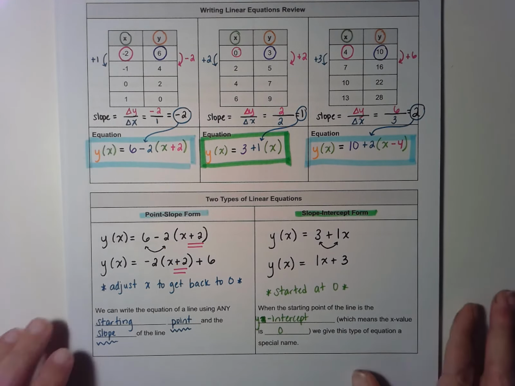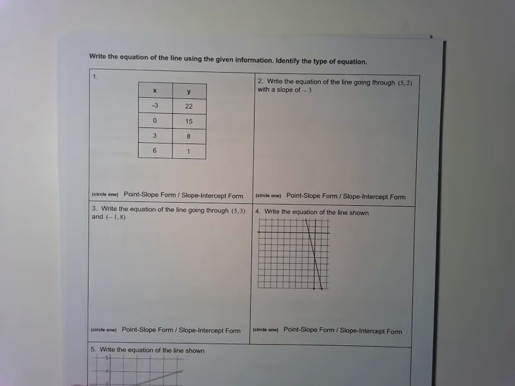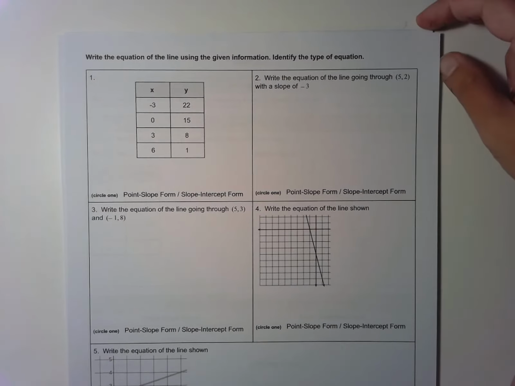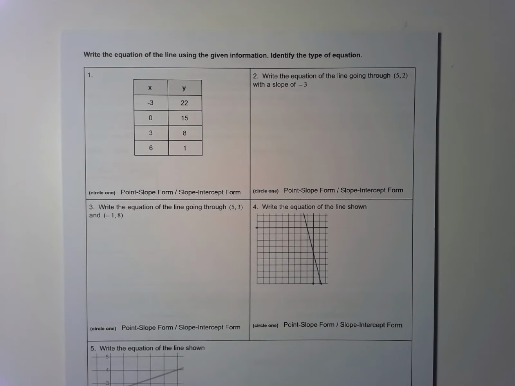Now, let's go ahead and try some problems. What we're going to do for each of these problems is write the equation and then identify whether that equation is point-slope form or slope-intercept form. So once you've got your equation, we're going to determine the name of that equation, because that vocabulary is going to be important in the future, to know the names of those equations. All right, so